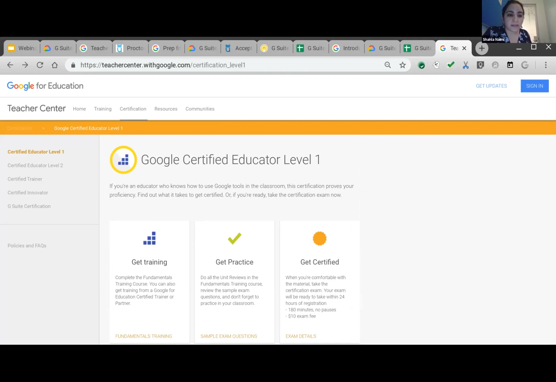Now, the difference is that the G Suite certification is an exam for the enterprise space. It is not about how I can use G Suite or Google tools in my classroom. It's how I can use those Google tools and G Suite in the workplace. So it is really great for your students who are looking for a new job or looking for a better job, because it's not educator specific or education specific. It is very focused on the enterprise space.